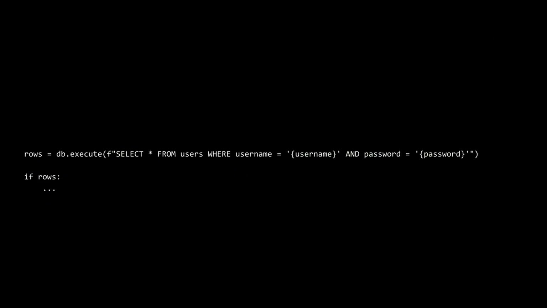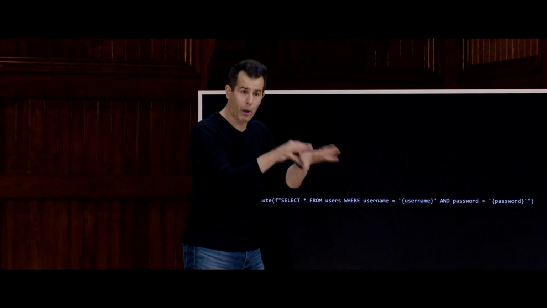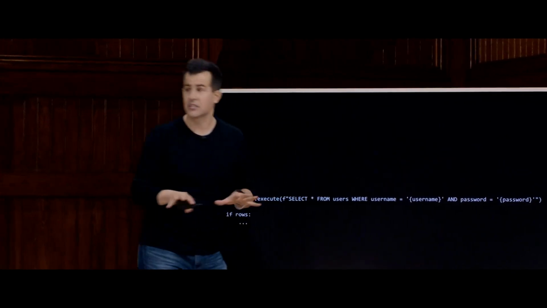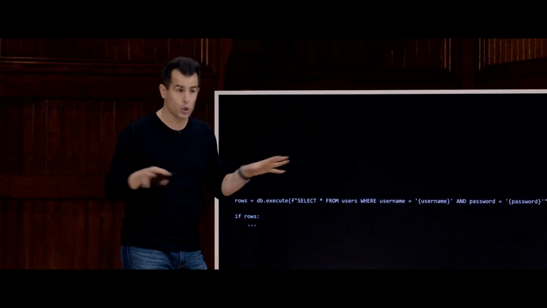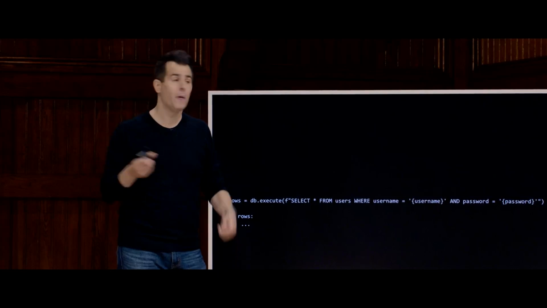So it's almost the same idea. It's still db.execute, but now it's SELECT * FROM users WHERE username equals, and now notice I'm doing the single quotes, which is required by SQL, but I'm using f-strings with the curly braces. And the password equals single quote, password, and then close single quote. The problem is if you're just blindly pasting effectively the user's input into that web form into the username field and the password field, there's nothing stopping a malicious user, student, faculty, staff from including a single quote in their name. Or maybe even,